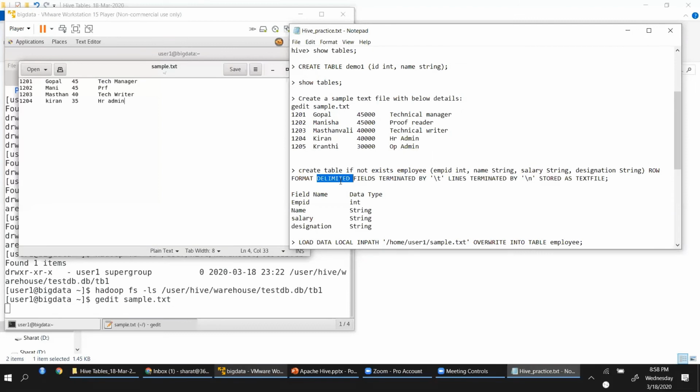Here you are putting special characters. These are new line characters, and this data is stored as a simple text file. So I'm creating the schema for my table. By default, this would be an internal table.